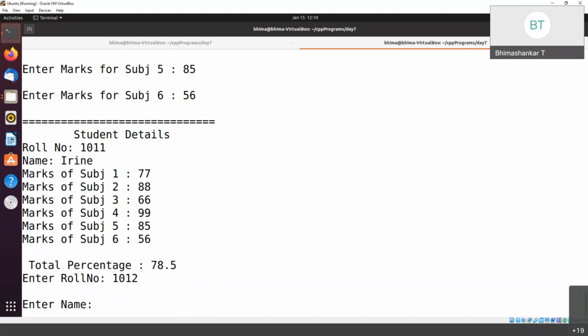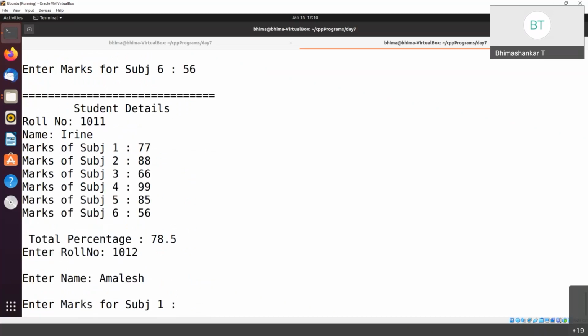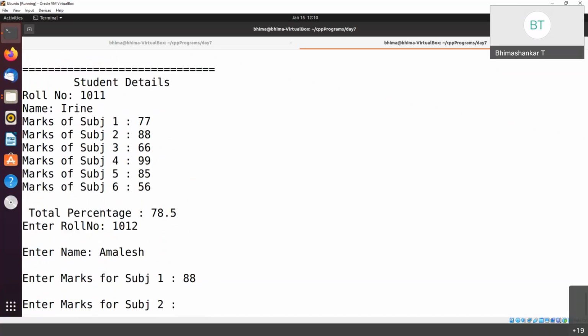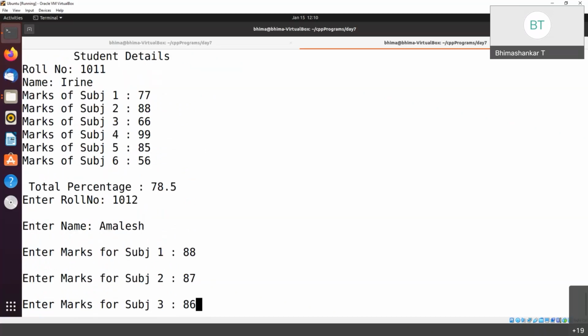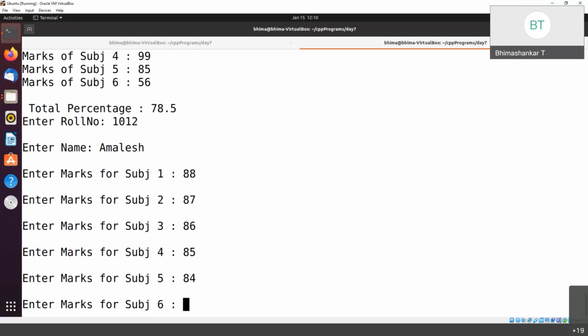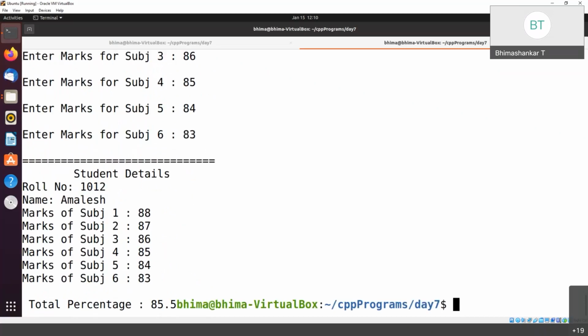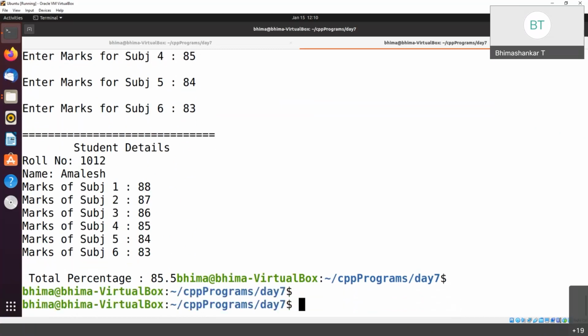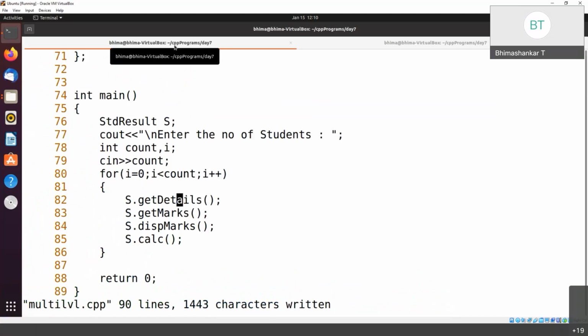1012, and name of the student, fish, okay? Subject 1, 88, 87, 6, 4, 83. So hence it is 85.5. So likewise, the student details are displayed, right? So otherwise also you can get the student marks